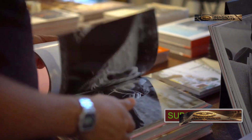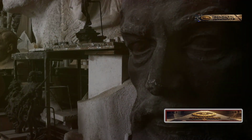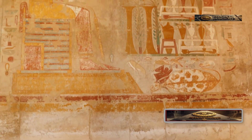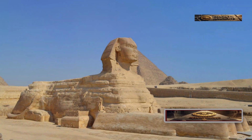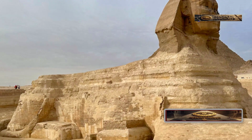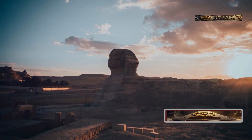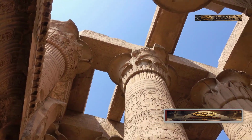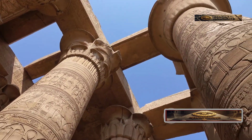You'll find it in books labeled Alternative History. Some of the key names include Graham Hancock, John Anthony West, Christopher Dunn, Robert Schoch, Robert Bauval, and several Egyptians as well. They present astronomical, geological, and scientific evidence suggesting that a major chapter in Egyptian history is missing, one that goes back between 10,000 and 12,000 BC. According to them, Egypt's civilization didn't just begin with the pharaohs, it inherited knowledge and technology from an earlier, advanced civilization, one that we've only just started